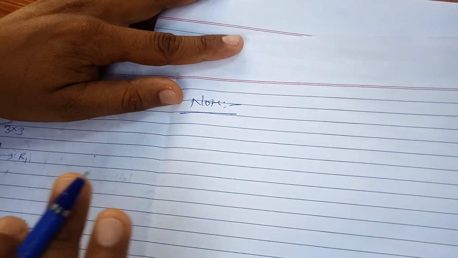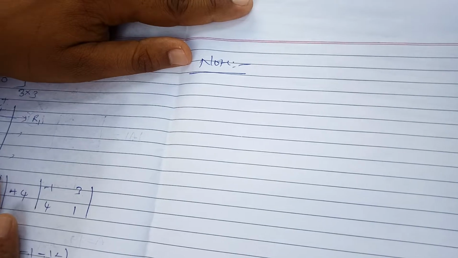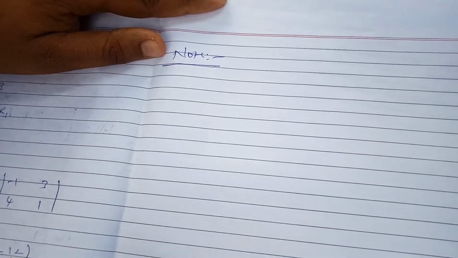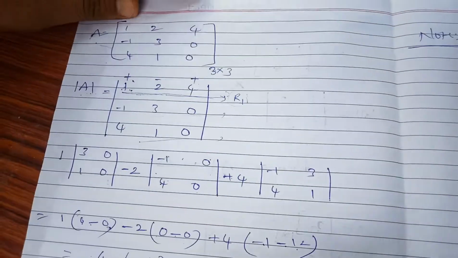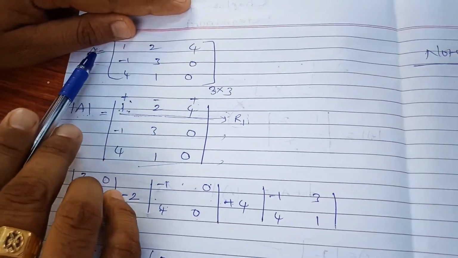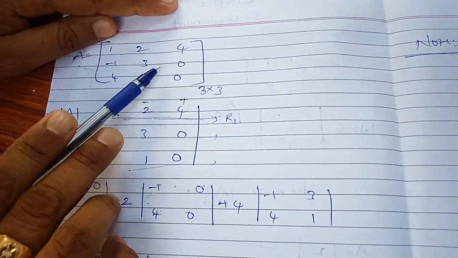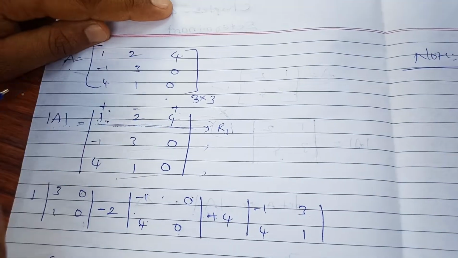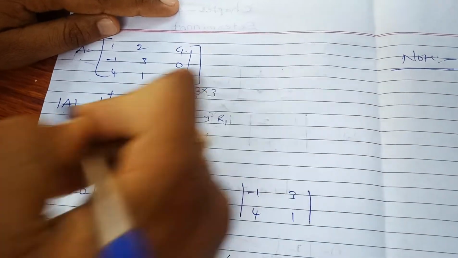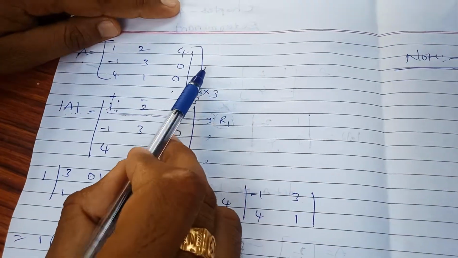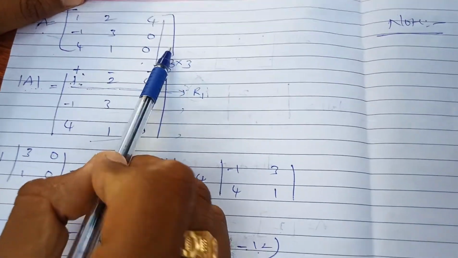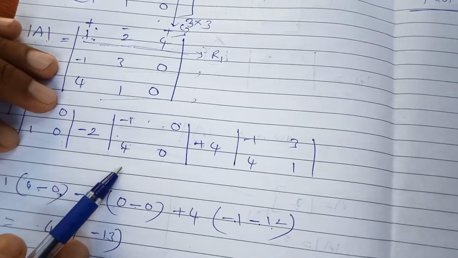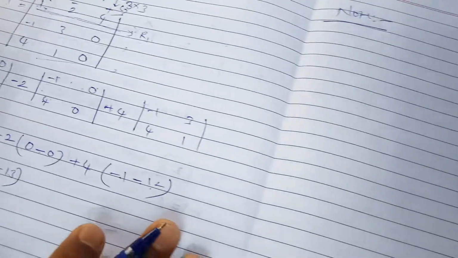And one more important point in this determinant, note what that is. Suppose we are making the determinant for a 3 by 3 matrix, in which row or in which column the number of zeros are present, we have to check. Suppose we are taking this matrix A, the more zeros are present in the third column, C3. So definitely we have to go through the third column only, because the determinant will be completed immediately, and it is a very easy way to calculate the determinant. So next we can continue with some questions.